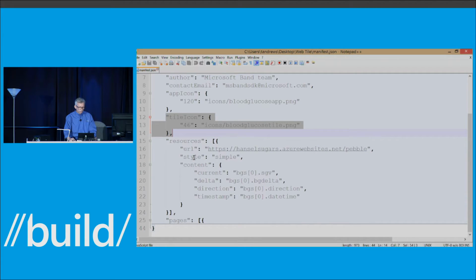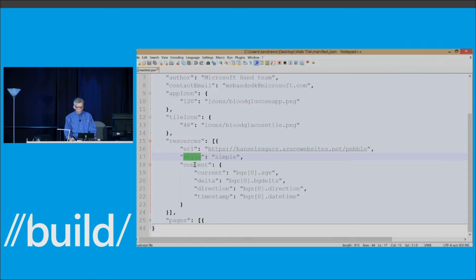Now the style member here is interesting. We're thinking about a number of different scenarios here. Ali was talking about RSS feeds, for example. So you might want to have a web tile where you're actually looking for new feed items to come in and just pulling off those new feed items. In Scott's case, what we have is a single static payload that's going to be changing. I mean, static in its format, but the contents of that are going to be changing. So we're calling that a simple style.